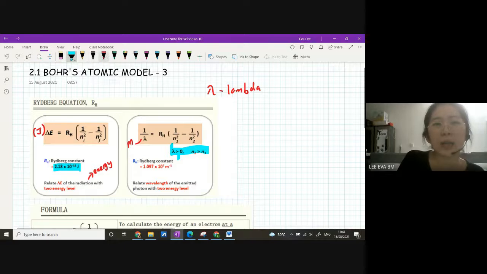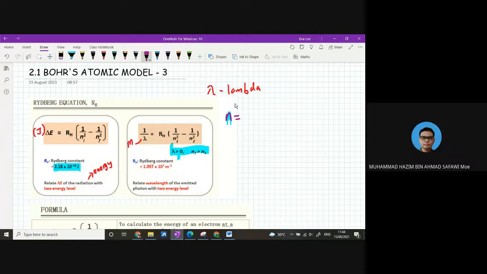So dekat sini madam tak guna I dengan F. Madam tak guna initial final. Tapi madam guna 1 dengan 2. Kenapa? Kalau dekat sini madam ada value